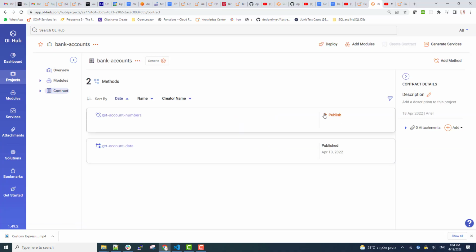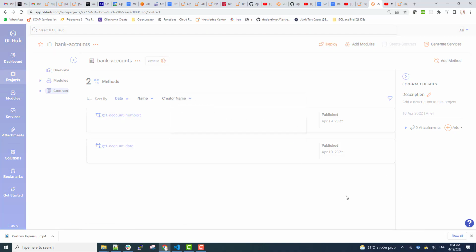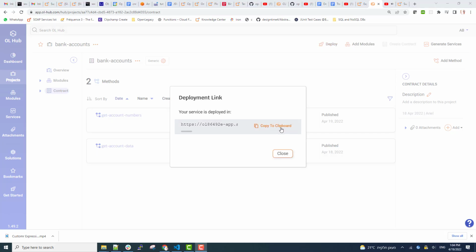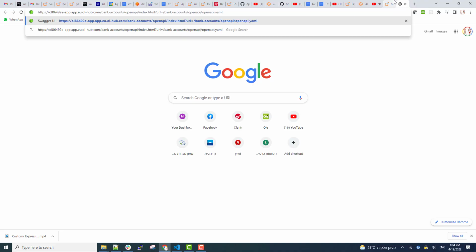We can now publish the getAccountNumbers method for use. We will use the Demo Deploy button to simulate a real deployment, and we copy the demo URL. In a production OpenLegacy Hub installation, the deployment step will be specific to your installation environment. Opening a browser window, we paste the URL